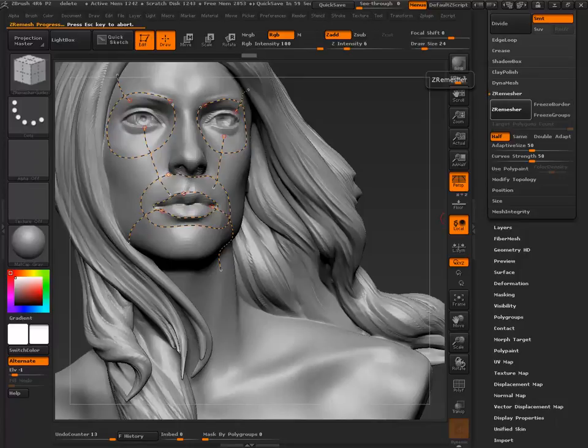Should be fine. No crashing at this point. ZRemesh is just a totally separate application. It's probably even coded in C++. So it could essentially be another software application like ZBrush. It's increasing its memory usage.